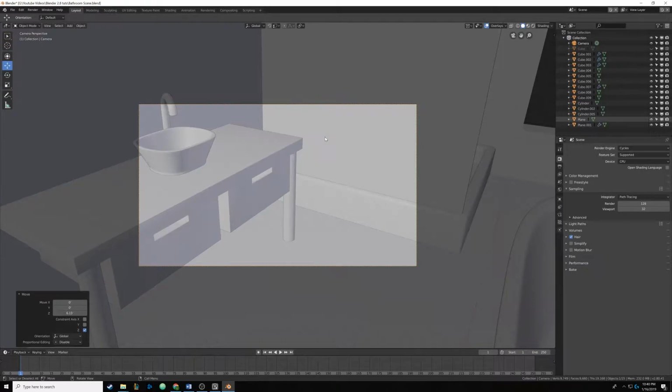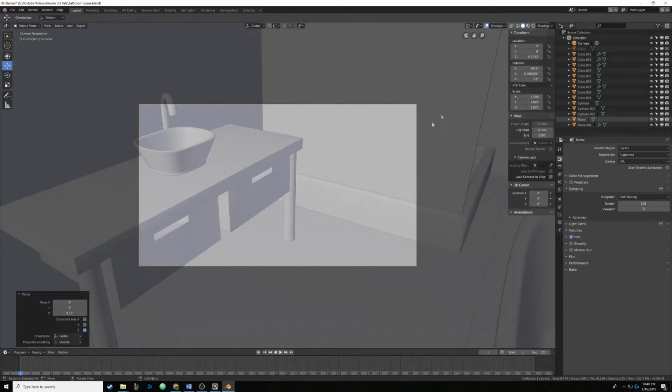And if we hit 0 on the numpad, it'll put us in the view of the camera, and what is inside the box is what will show up in the render. Everything grayed out will be in the final picture or animation, whatever you do. So it's pretty simple. But what I'm going to do is I'm going to hit N to bring up this